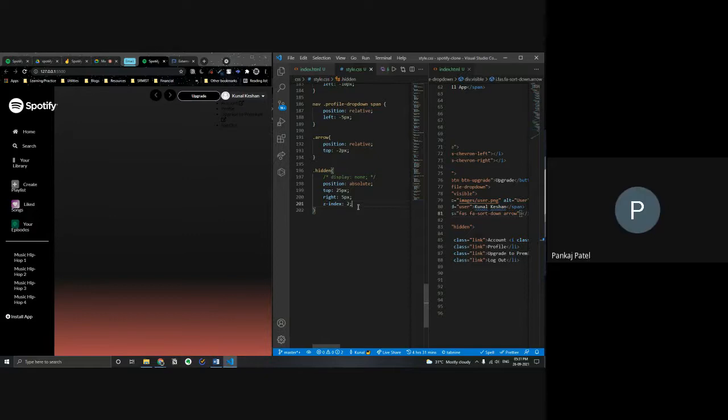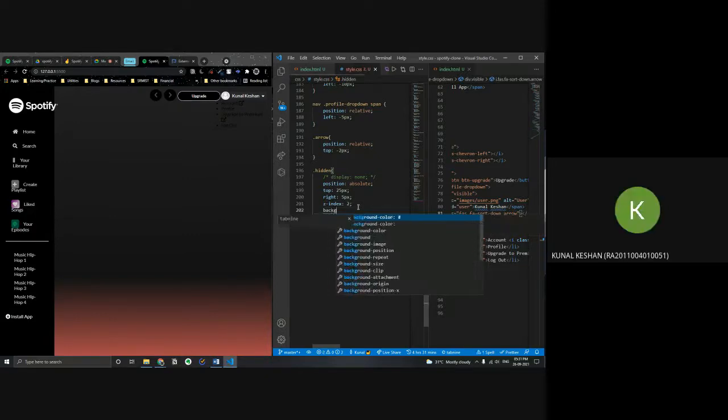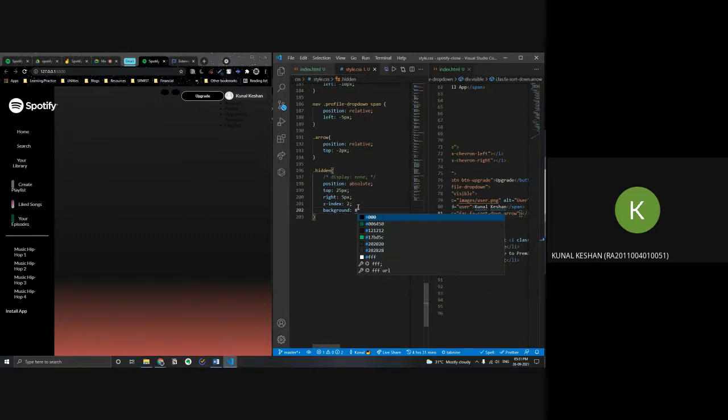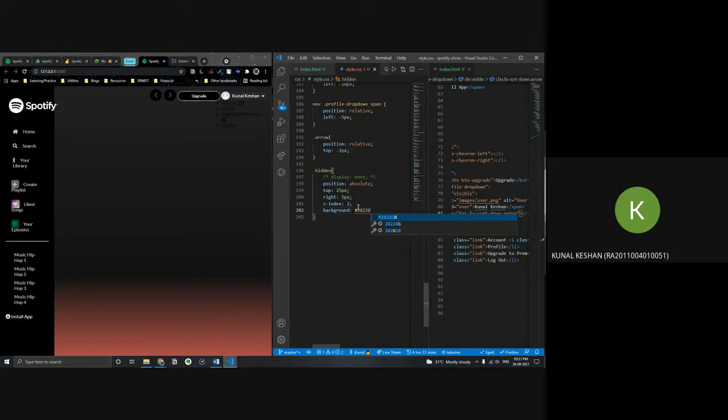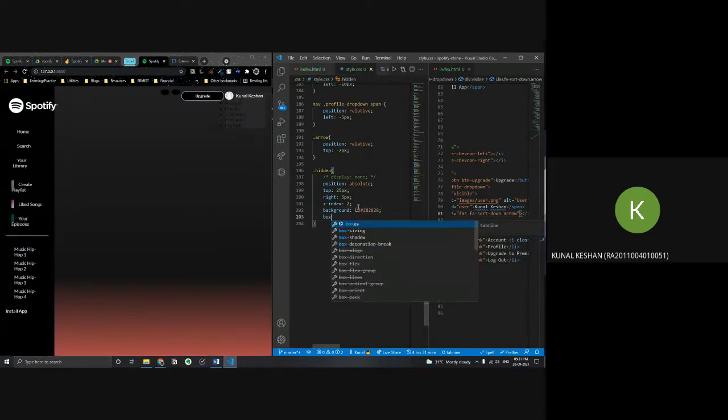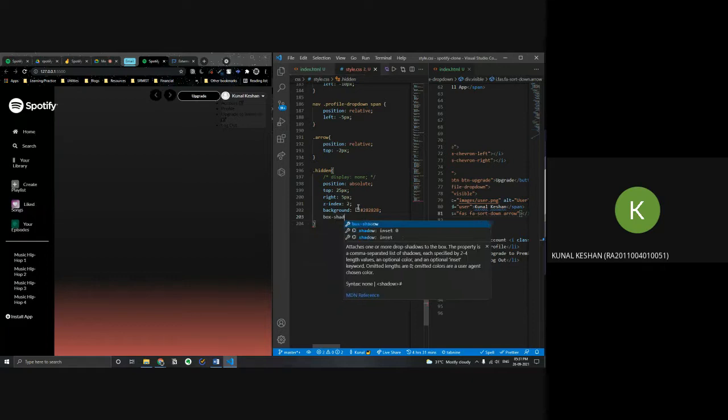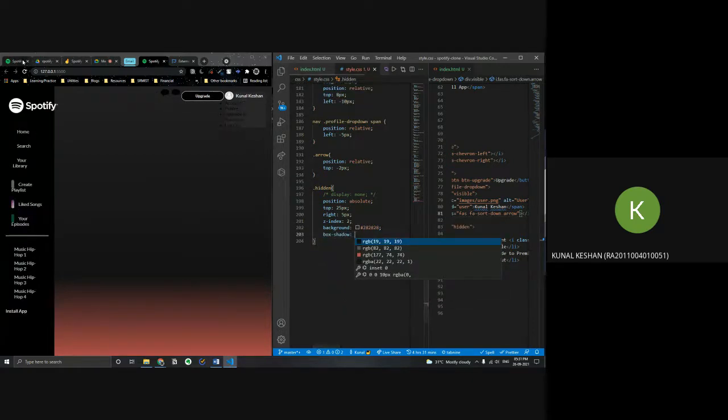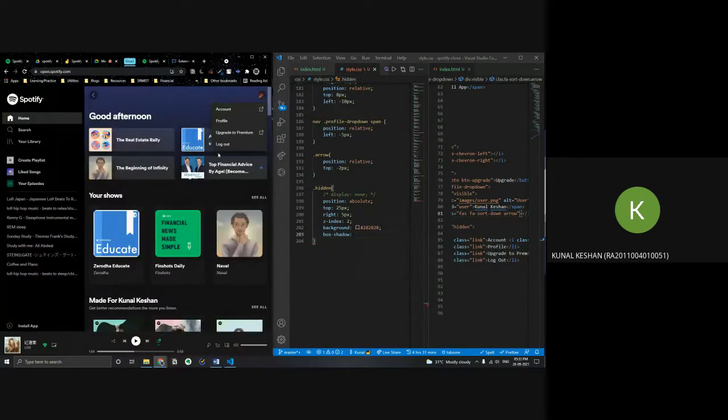Yes. Right. Next is a background to it, same as the name one. So it's hashtag 282828. Then a little bit of box shadow, like the one over here. You can see it doesn't exactly look like it's on top of it, and there's a shadow behind that.